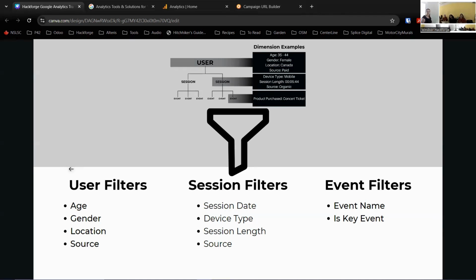So some filters that are pretty much always applied would be session date. You can't really not have a session date filter. There's always going to be a start point and an end point, right? There are usually maximums on the period of time that you're able to use, but at best, whenever you first turned on Google Analytics is going to be your start, and then your end is going to be probably 24 hours ago, depending on the report that you're looking at. You might be able to get something a little bit more recent than that. Okay, so